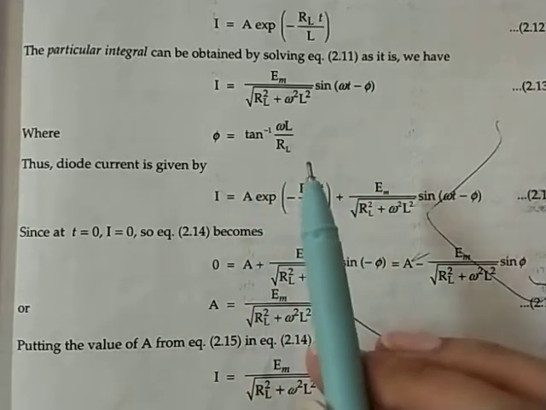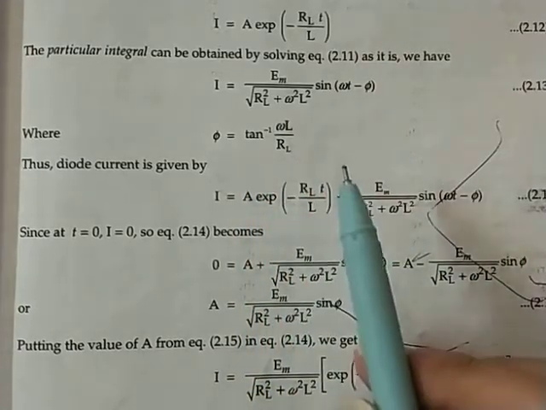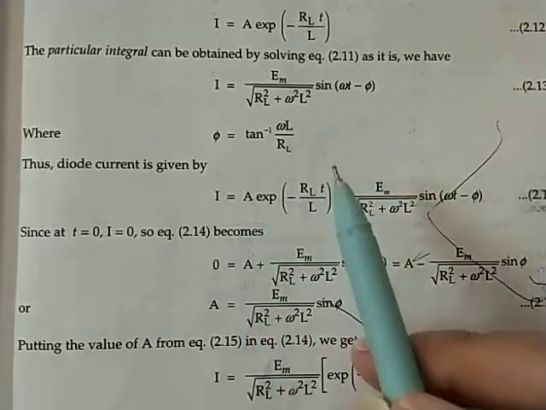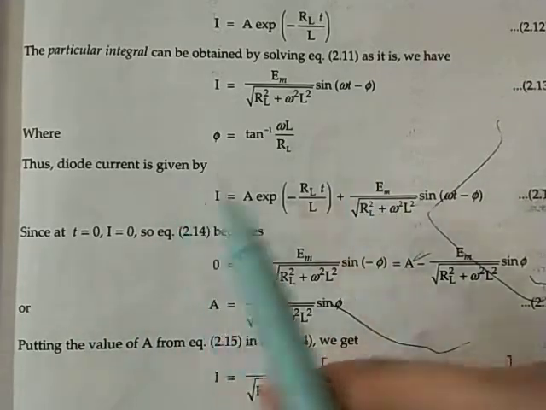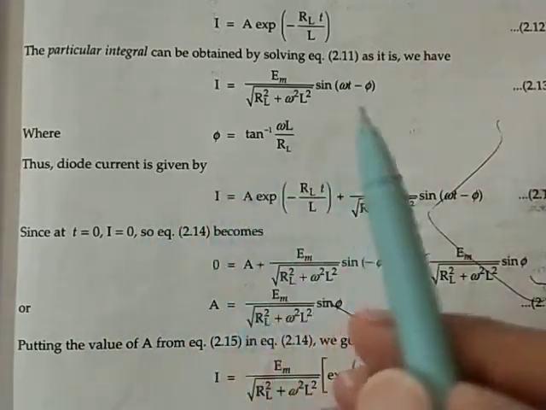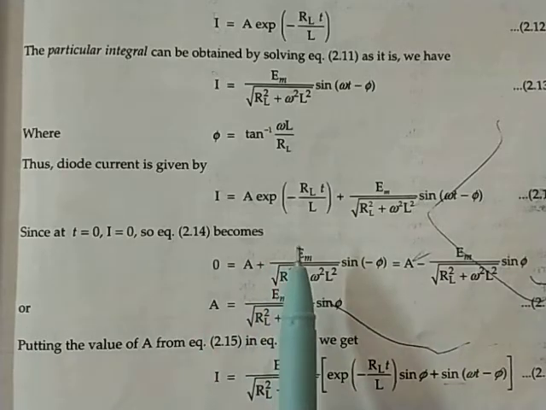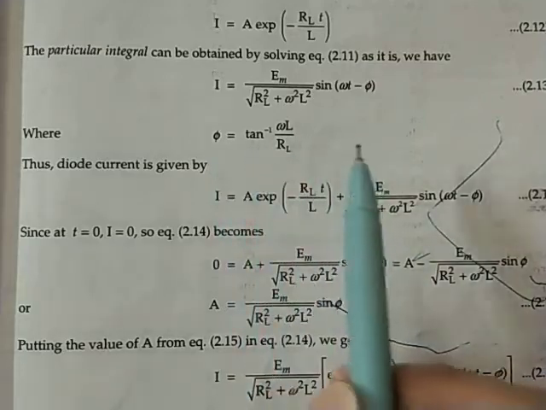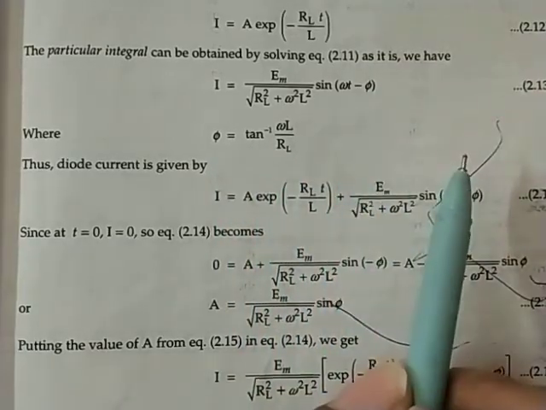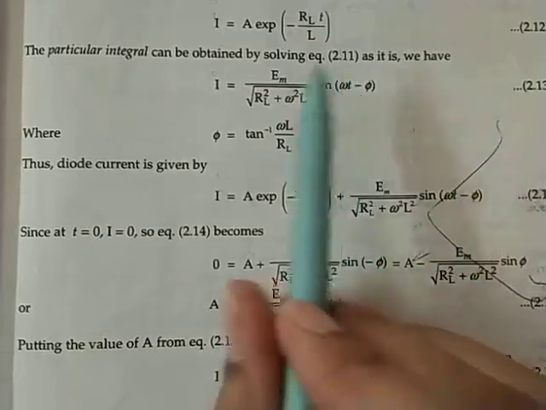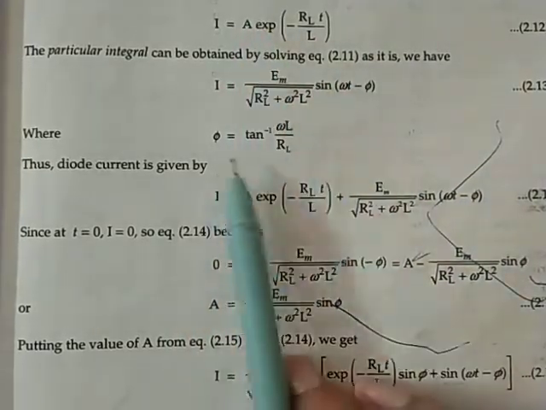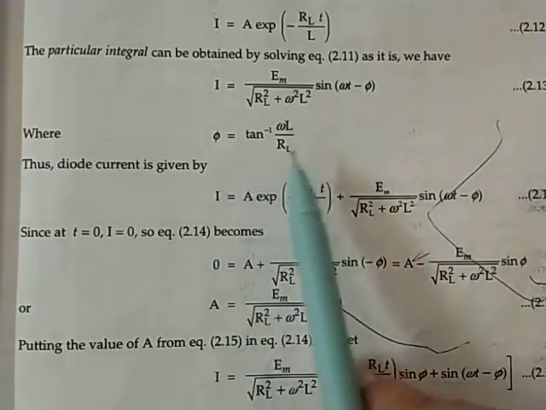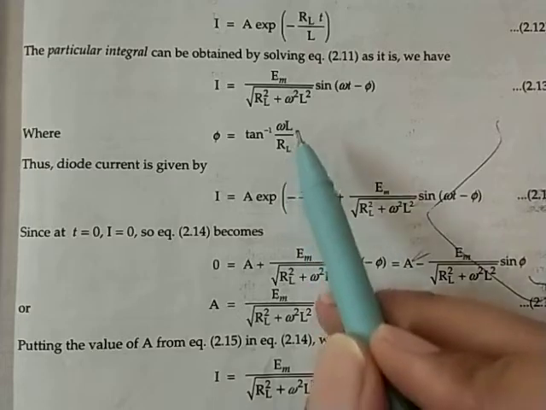The induced EMF which appears around the inductor actually opposes the growth of the current, and then the current is lagging behind the applied EMF voltage. So this is the phi angle, which is basically the phase difference between the applied voltage and the current. Okay, so this is phi, and this is basically omega L, the phase angle between L and I.